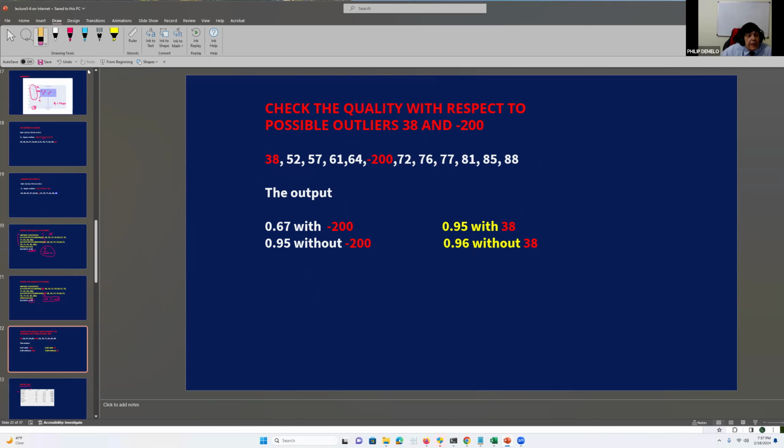it has negative 200, which, of course, we suspect is an outlier because here is 52, 57, and here is negative 200. So this is an outlier. And also 38, we may suspect this as an outlier. Okay, so instead of plotting the box plot, we calculate the ratio mean over median using this